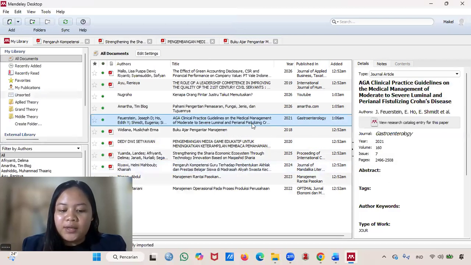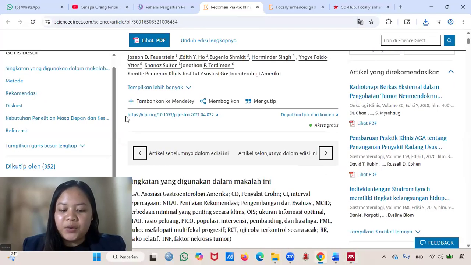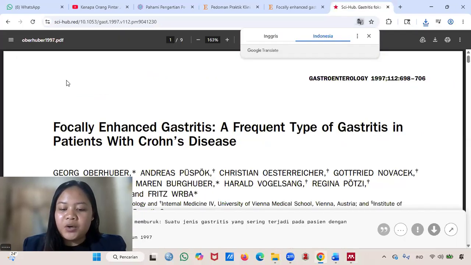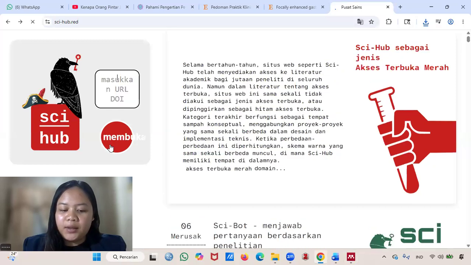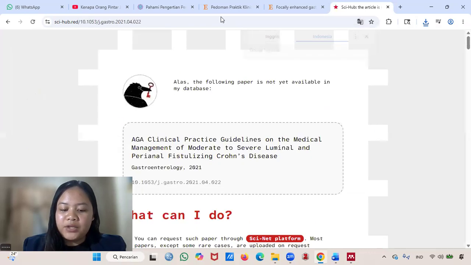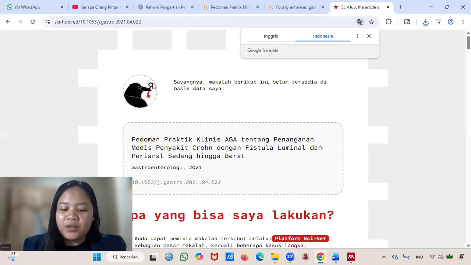But what if we still need the file contents? You can copy the DOI of the journal and use a tool like Sci-Hub. When the PDF is essential, you download it and upload it into Mendeley using the add file method.